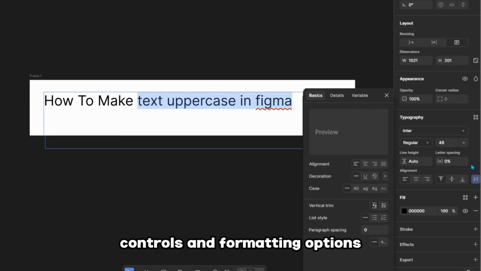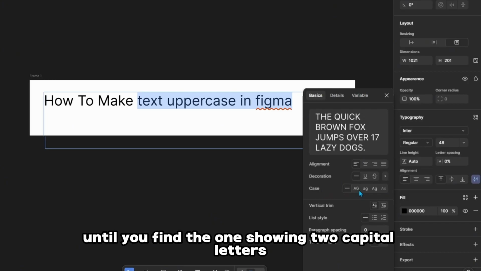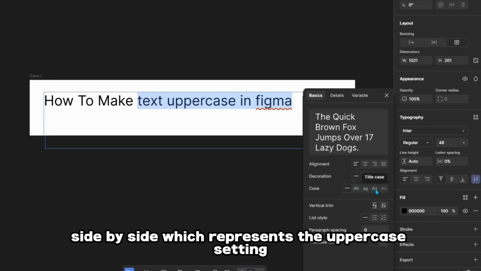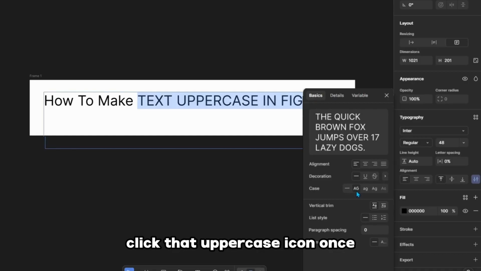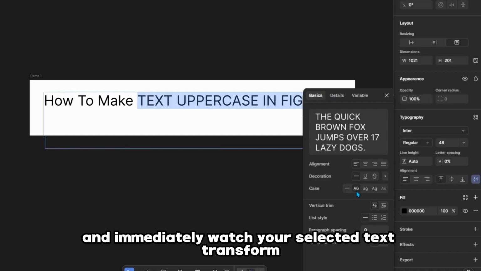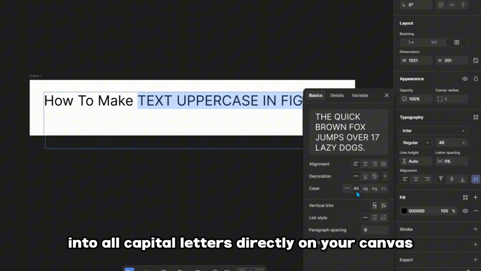and formatting options. Near the top of this floating window, locate the section labeled Case. Move your cursor over the icons until you find the one showing two capital letters side by side, which represents the uppercase setting. Click that uppercase icon once and immediately watch your selected text transform into all capital letters directly